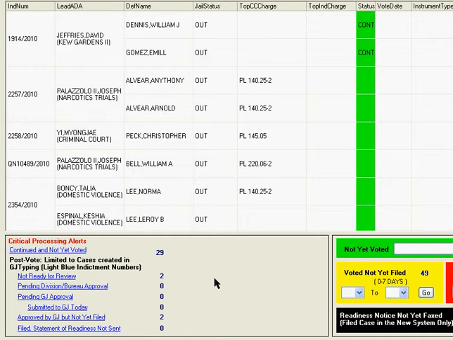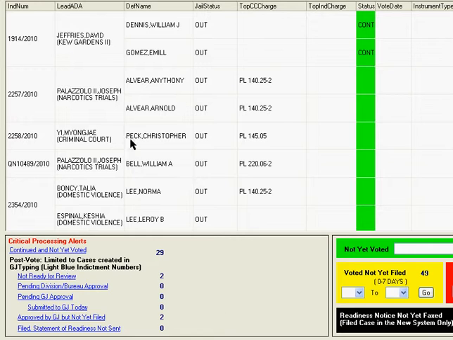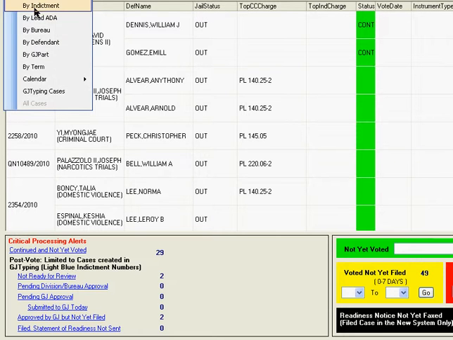From the perspective of the bureau chiefs and deputy bureau chiefs and supervisors, there are different categories here that you could see for your bureau. Counts of, for instance, how many cases have been filed where there has been no statement of readiness, and you'd be able to click on those and actually jump to the listing of cases. So that's simply what the grand jury pending case monitor is, and what you really need to do is go into it. You'd be able to do searches by individual items,